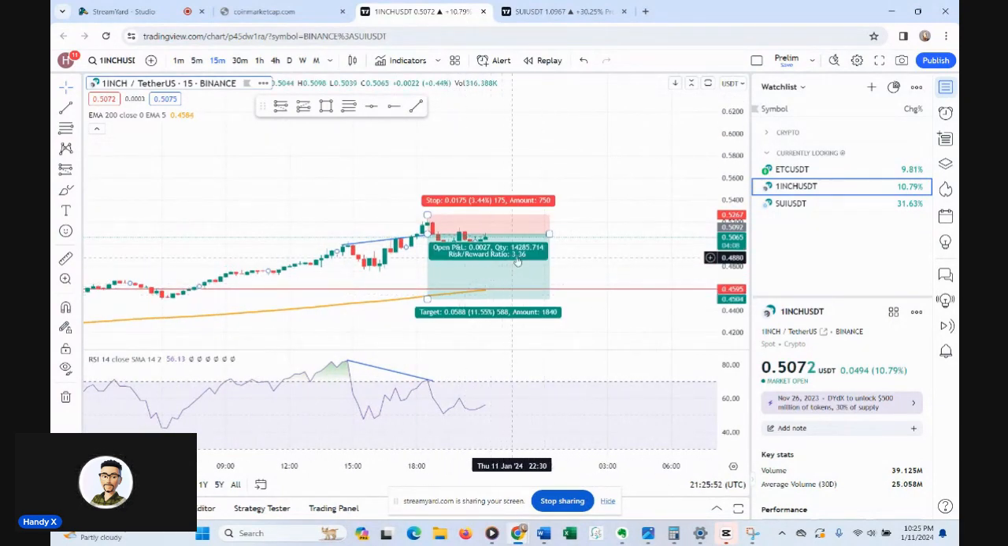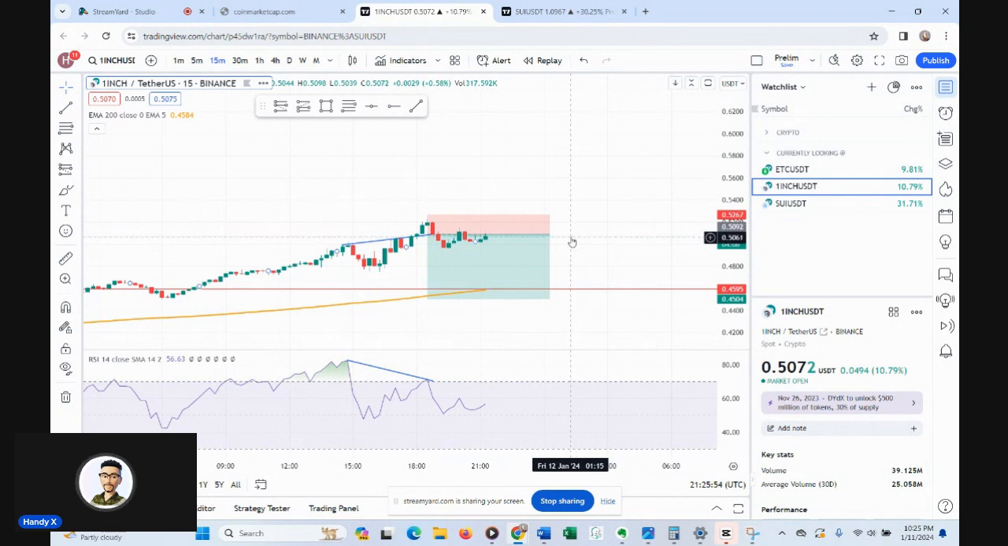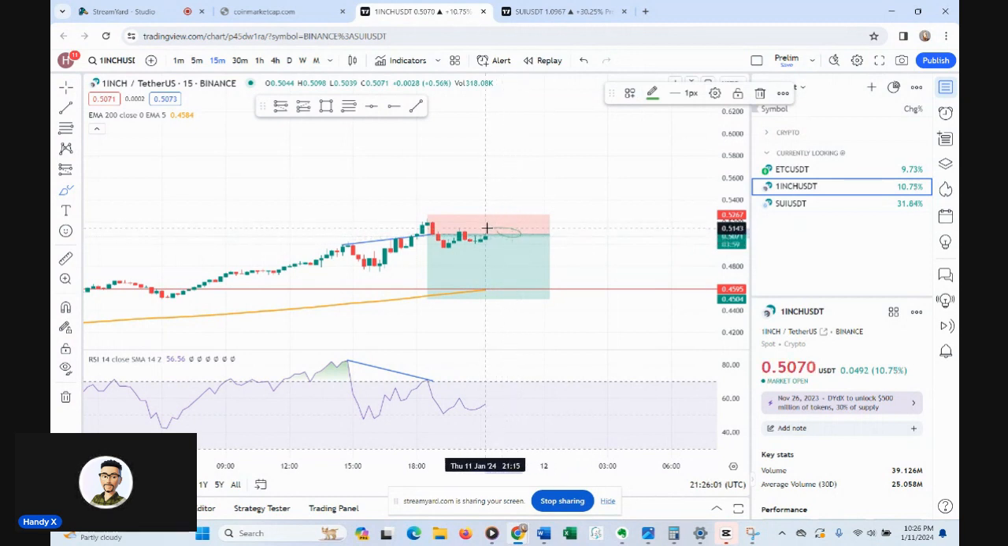So you can see here is your, let me use my brush here. So this point here is going to be your entry point, this point will be your stop loss, and then this point here will be your take profit, and that is it. Now let's go into